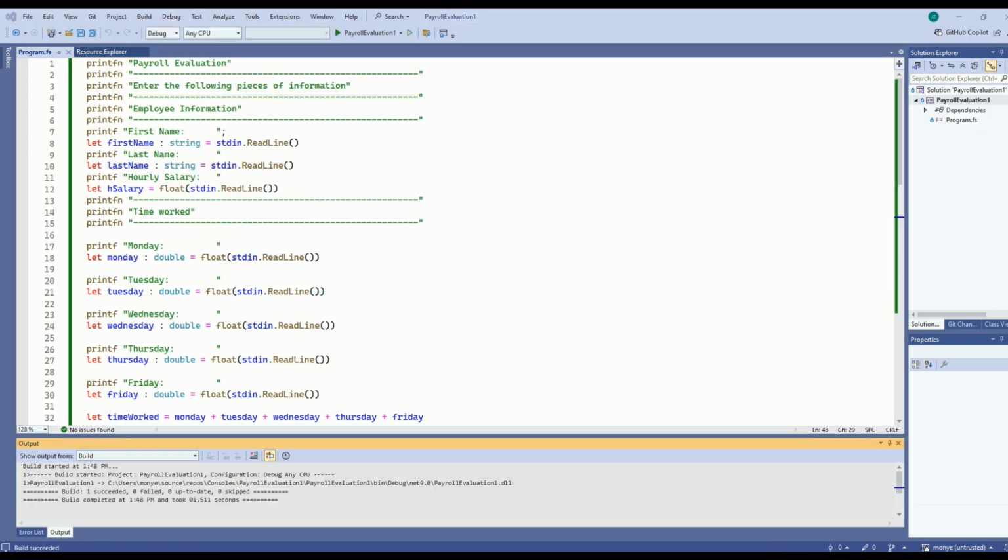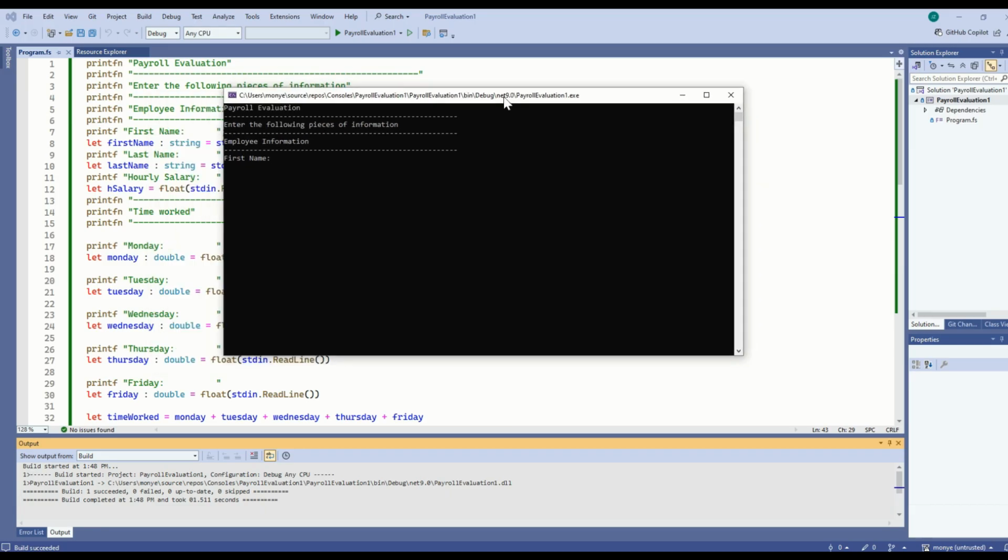A DOS window comes up and it requests some values. I type the first name, I press enter. I type the last name, I press enter. Type the hourly salary,